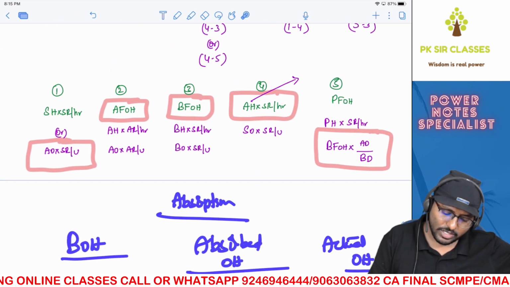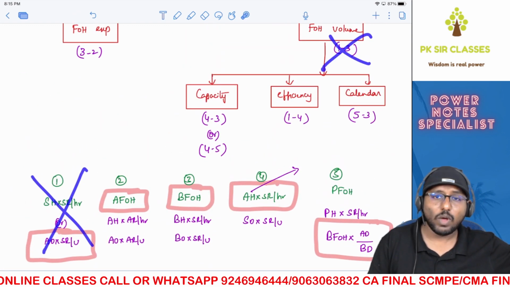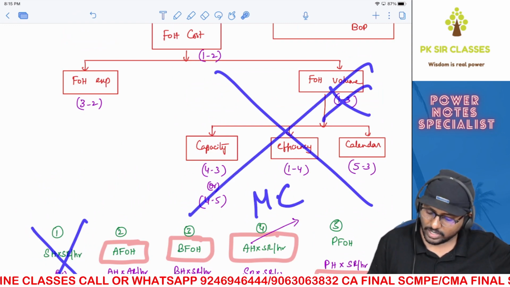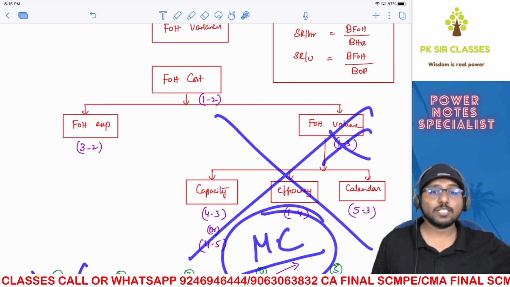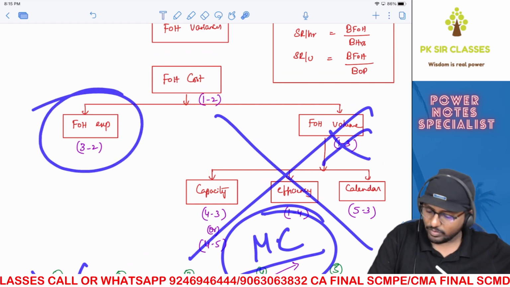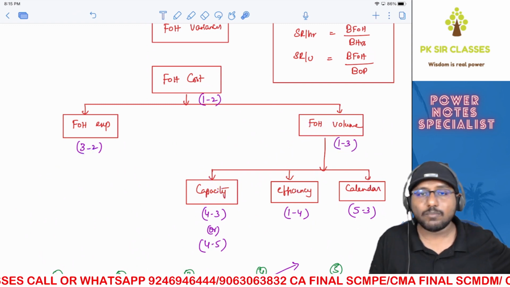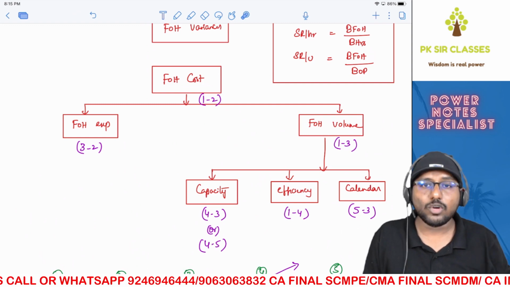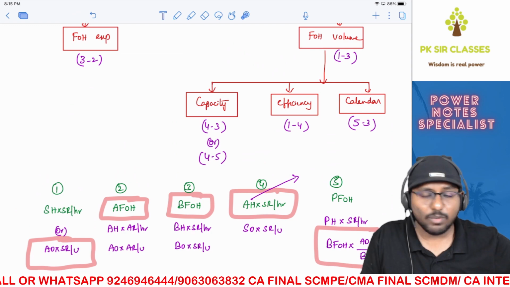No absorbed overheads means there is no formula 1 when it comes to marginal costing. No formula 1 means there is no 1 minus 3 possible, which means this entire thing is not possible as per marginal costing. Which means if you calculate fixed overhead variances as per marginal costing, only expenditure variance will be there. There will be no volume variance. Volume variance will come only as per absorption costing system. This understanding is very important, especially when you are doing reconciliation. Are you able to understand?